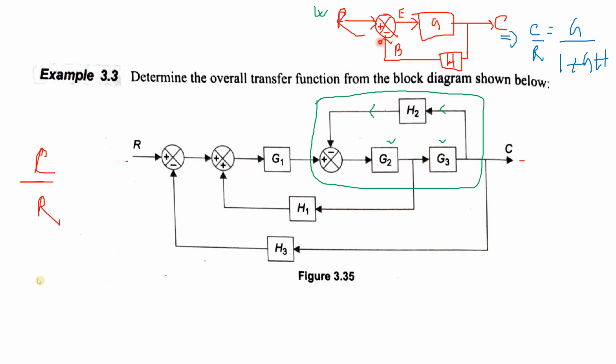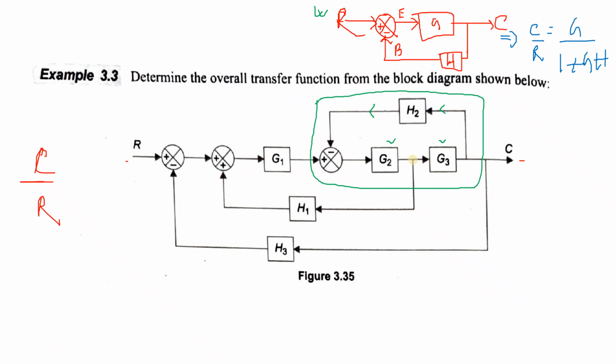On the right hand side, you will see, is there any way that we can get a small closed loop system? So we have to check for small closed loop systems. If some closed loop system is visible, then we will reduce it and proceed in this way. What you can see is a very similar kind of closed loop system.